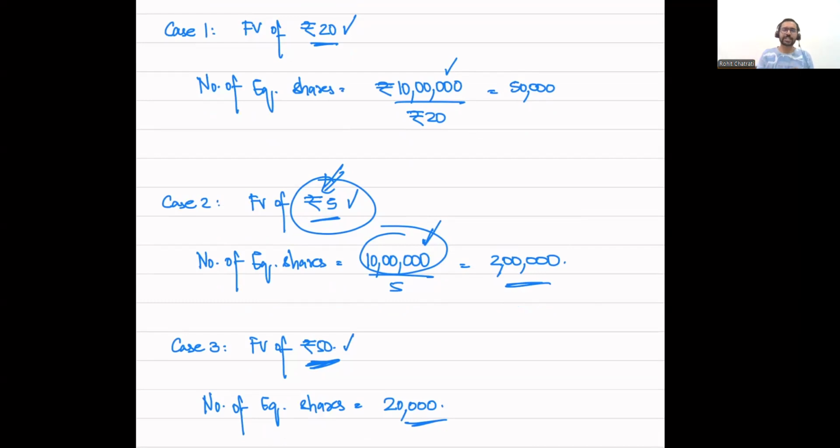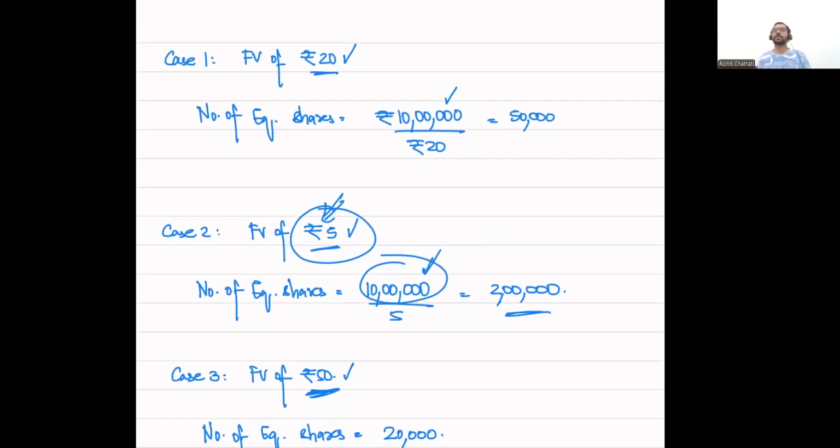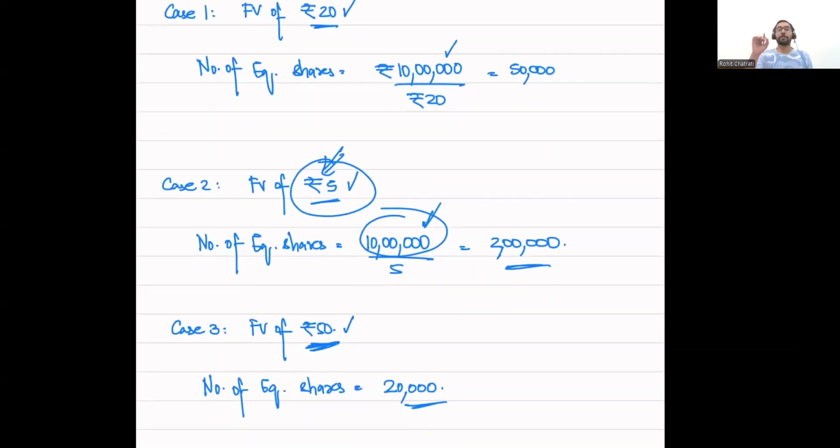If the share price crashes, he's going to receive 10 lakhs. If the share price goes up, he's still receiving 10 lakhs, which means that he is not participating in the profits or losses of the company. The preference shareholder is not participating in the profits or losses of the company from today until the end of 10th year, because at the end of 10th year, whatever be the value, he is going to receive 10 lakh rupees only. All right. Therefore, because they are not exposed to the variability in net assets, we are saying